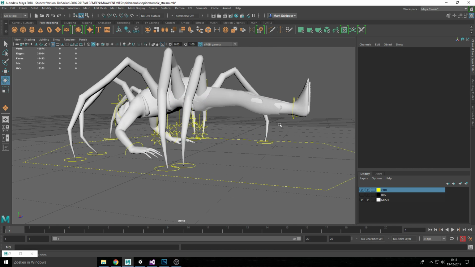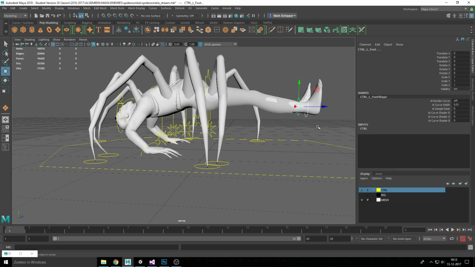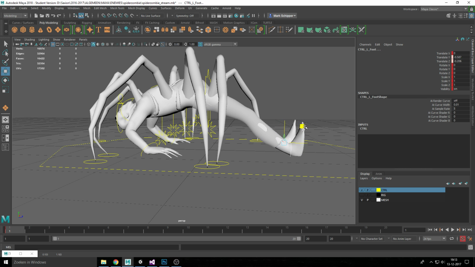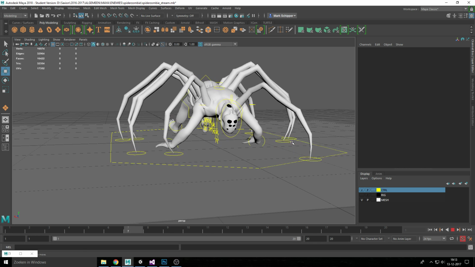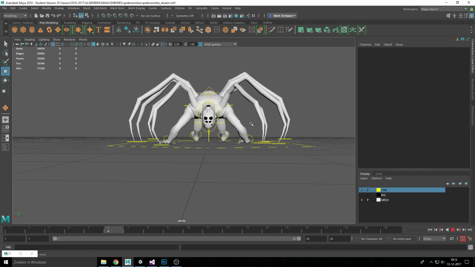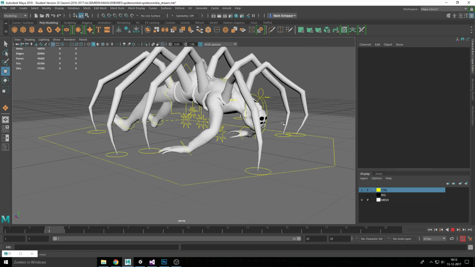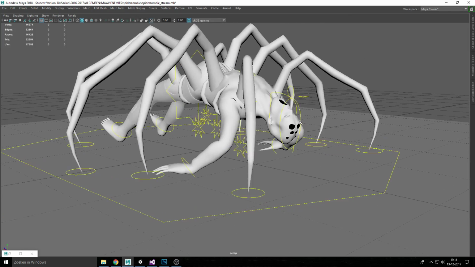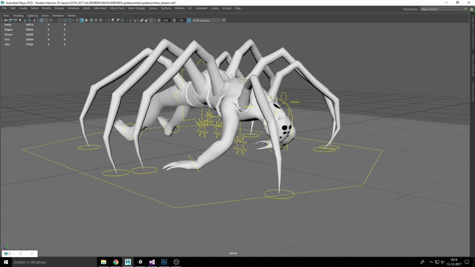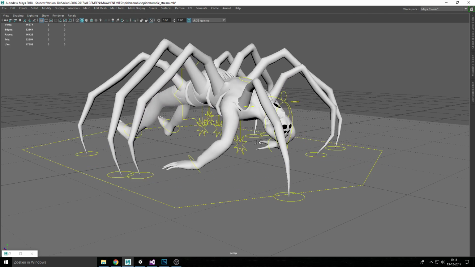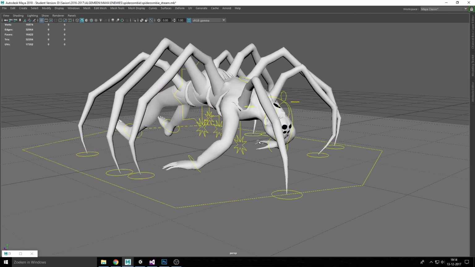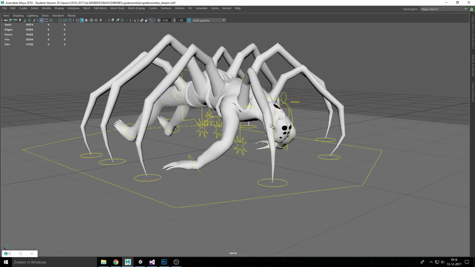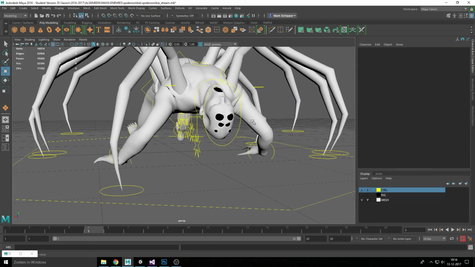Okay, let's do the same for the feet. One should also be on the ground. Yeah, this is pretty okay. It's a good start. As you see, there are some skinning issues, so just don't look at them. Okay, this is more a walk cycle than an actual run cycle, so we're gonna